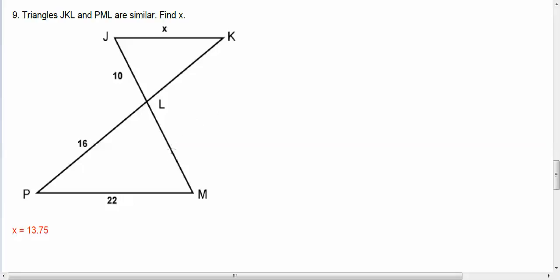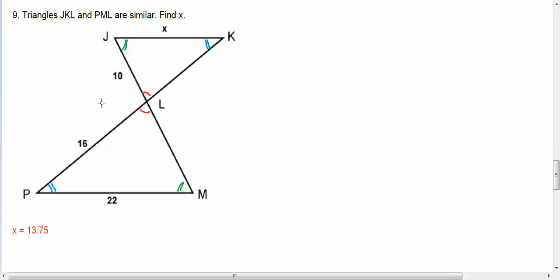And you can do that if they gave you a piece of information, and it really looks like the case, that PM is parallel to JK. That's exactly what it looks like. Even if PM weren't parallel to JK, you can always say that this angle is the same as that angle for sure. That's called opposite angles in geometry. Over here, this is where PM being parallel to JK is important. You would need to say that this angle is the same as that angle, and that would be opposite interior angles. I believe that's what it's called. And then over here, again, you can say this angle is equivalent to that angle, and that's opposite interior angles. And then what you would say is, okay, well,